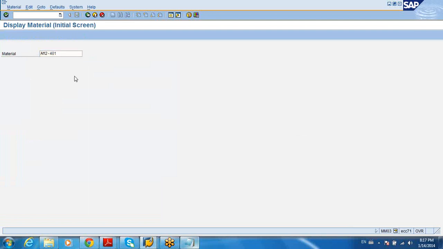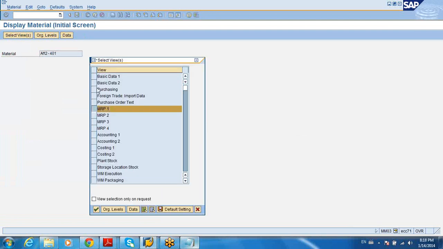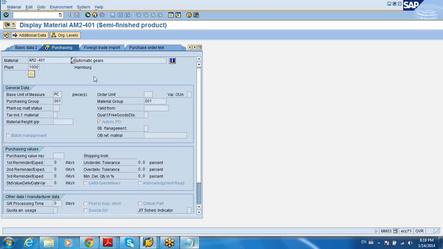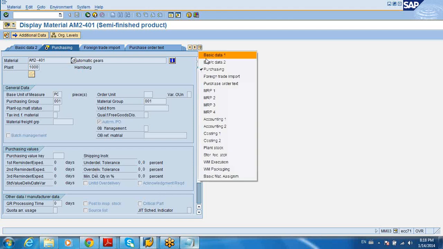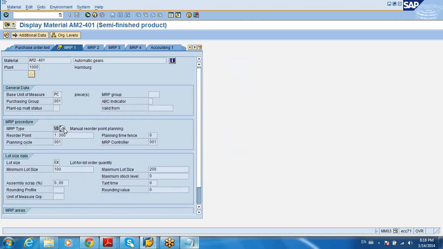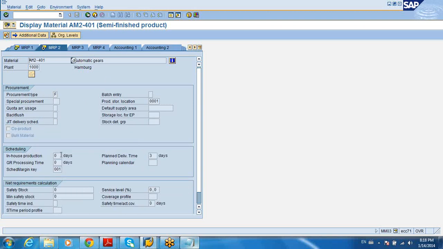I have my MRP tab set, right? Okay, there are a couple of things. One is I have the automatic PO. There is a flag here called auto PO that has to be set, and two, my MRP tab has to be filled in. Means I need to have the MRP type, reorder point, my lot size, minimum order quantity, and maximum order quantity have to be set at the minimum. And also I have to set my material controller,